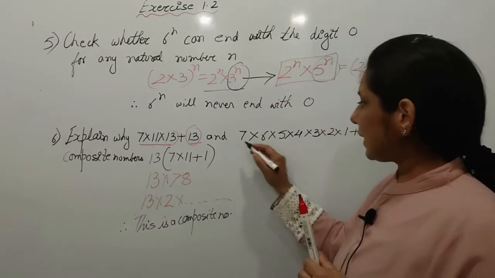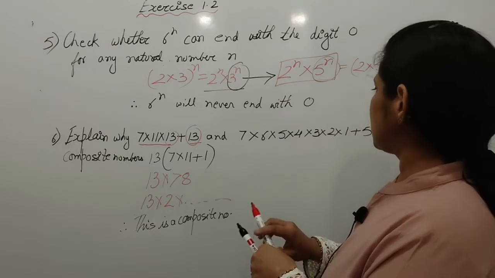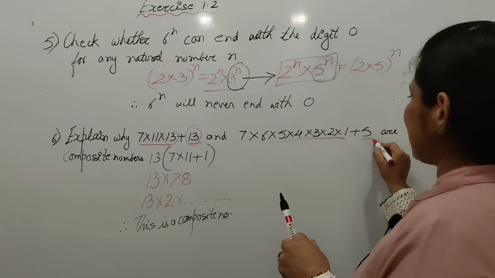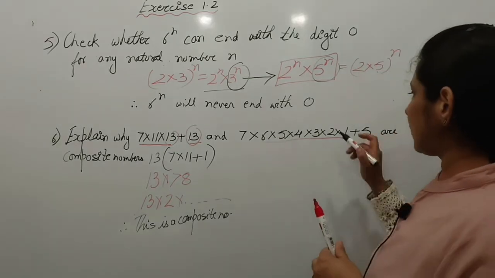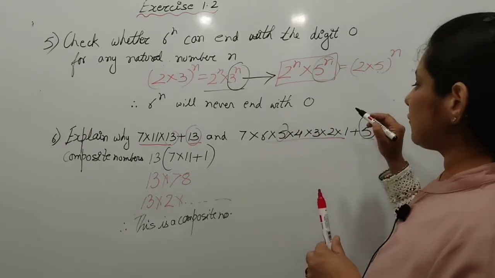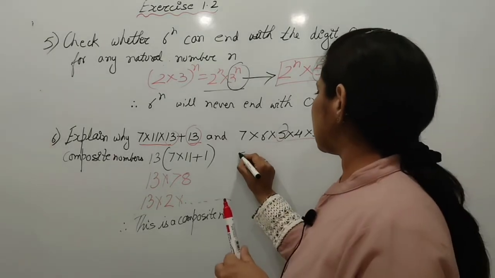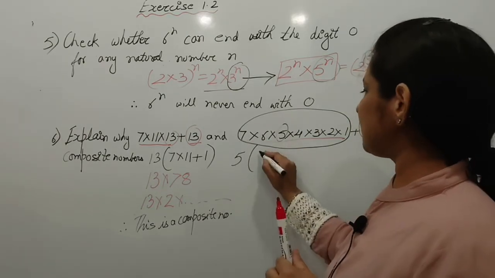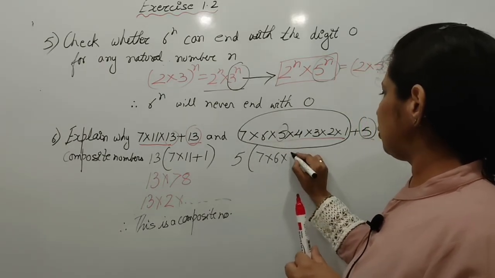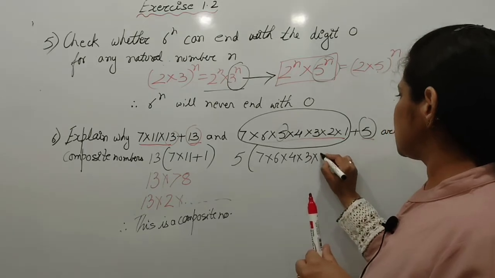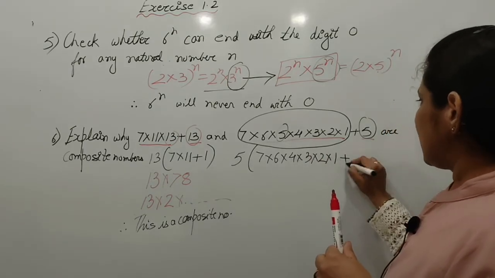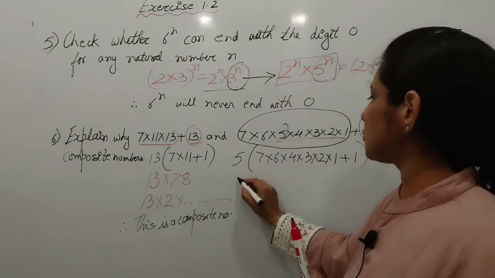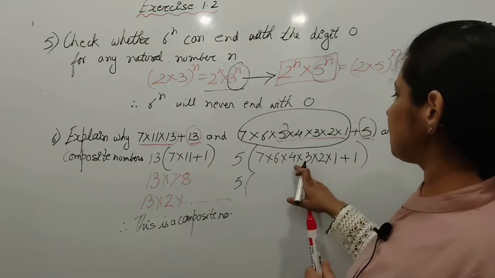राइट। अब हम आते हैं इस पे, आप ध्यान से देखो, 7 इंटू 6 इंटू 5 इंटू 4 इंटू 3 इंटू 1 प्लस 5। इसमें भी हमें कुछ कॉमन दिख रहा है, ये 5 कॉमन। सो 5 को अगर हम बाहर ले लेते हैं, तो अंदर क्या बचेगा, 7 इंटू 6 इंटू 4 इंटू 3 इंटू 2 इंटू 1, एंड यहां पर हमने 5 बाहर लिया तो अंदर बचेगा 1।